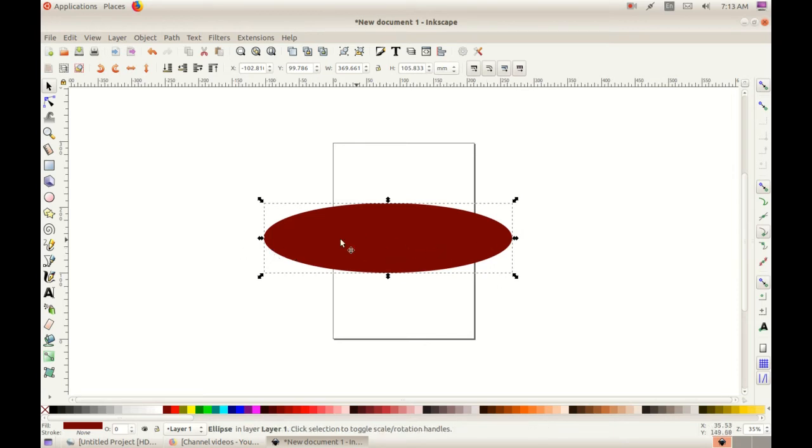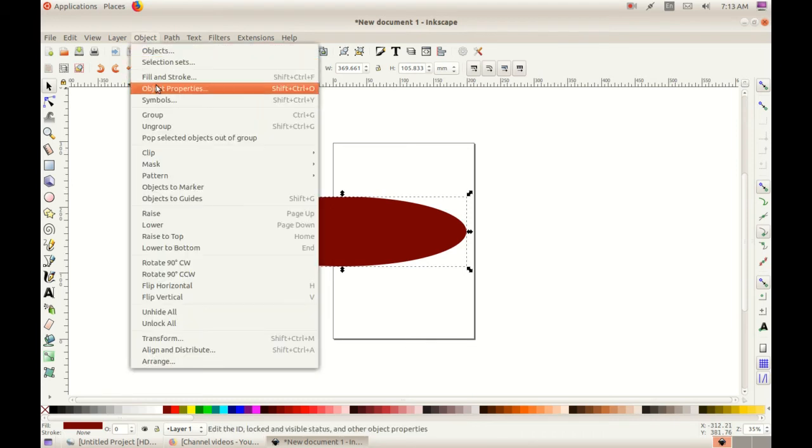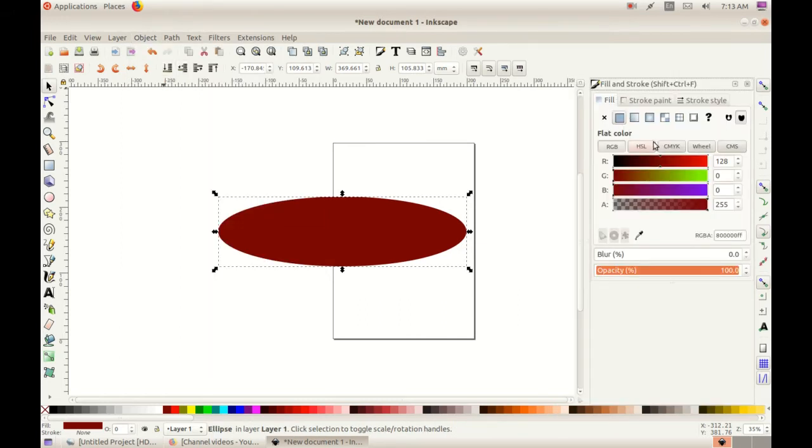Okay. After that, you have to give a stroke color. Stroke means the boundary, the outline. How will you give the outline? We have learned it. Object, fill and stroke. Then in stroke paint, you have to select a color.